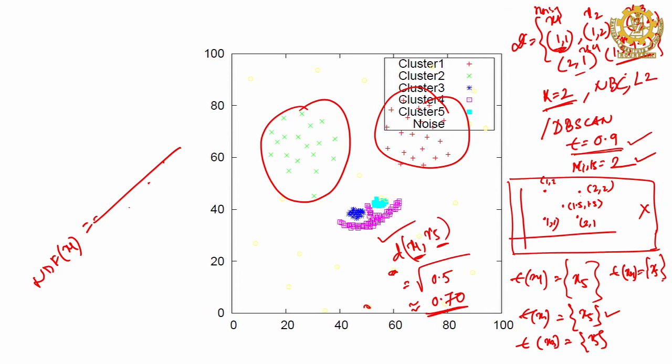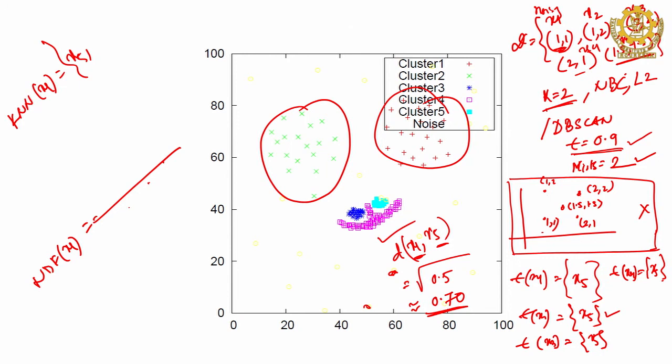So, KNN of the point x1, starting with x1. What will be the points for x1? k equal to 2, so closest 2 points. x5 will be the closest point and the second closest point will be (1,1) and (2,2). Therefore, the k nearest neighbor will have 3 points. What are those 3 points? x5, (2,2), (1,1). (2,2) is x3, and (1,1) is itself.